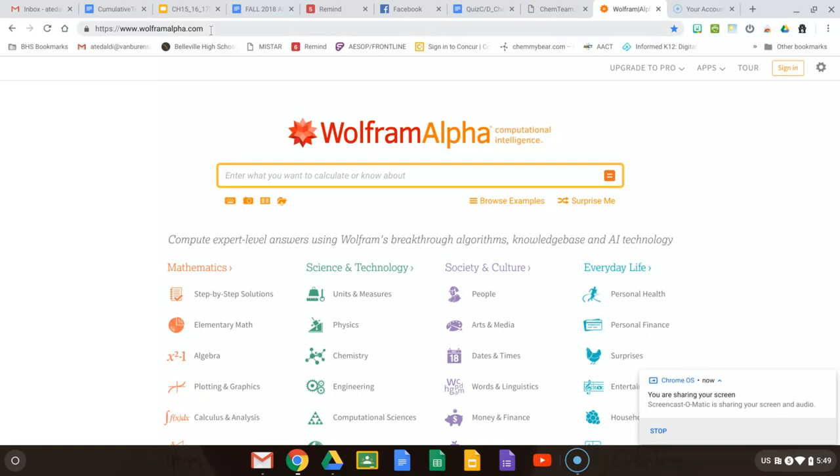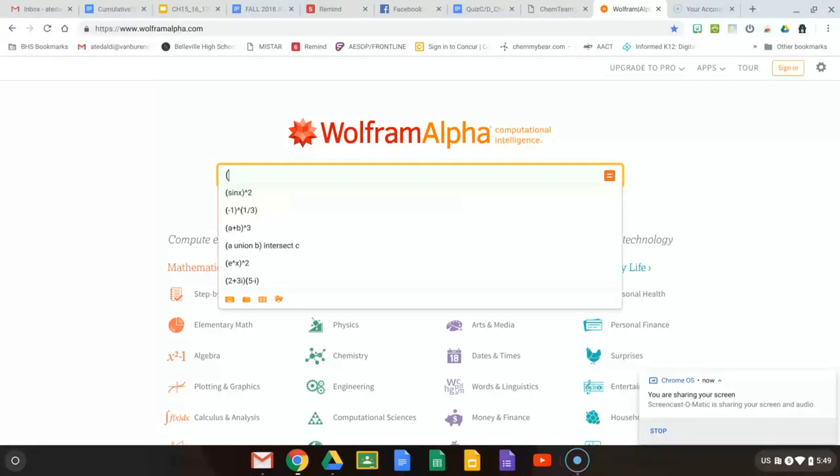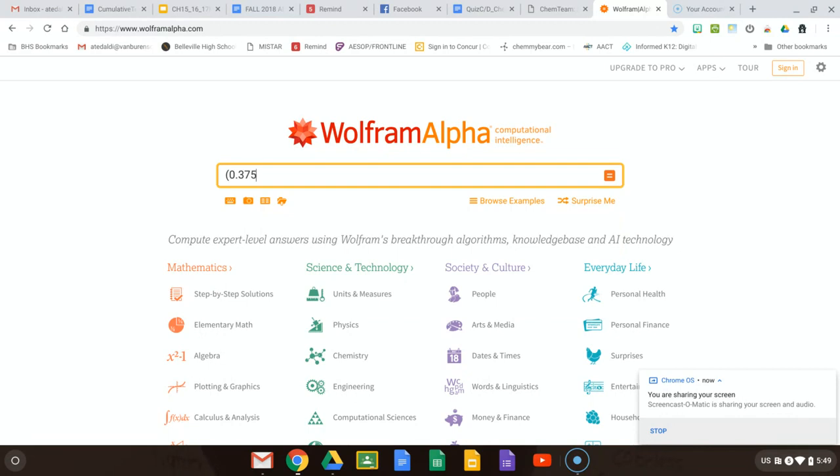Again, the website is Wolfram Alpha, and the website is right here. And here's how you use it. If you look at question number 5, and I posted the answer key, you would get some sort of equation that looks like this, right? If you were to set up the equilibrium expression, you get 0.3, and see how it's already trying to do things, 0.375 minus 2x, and it would equal